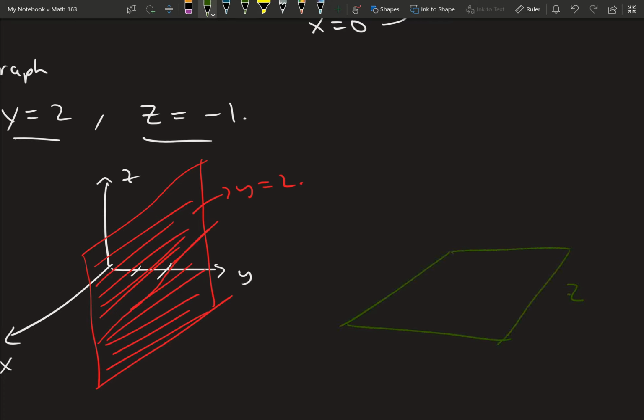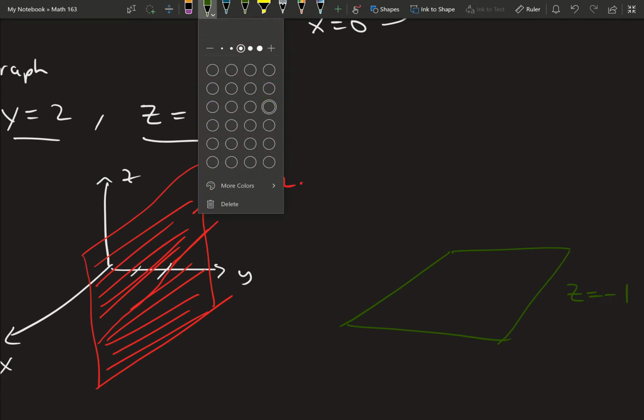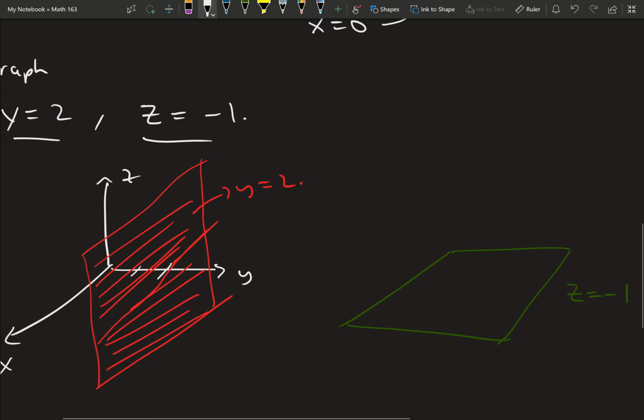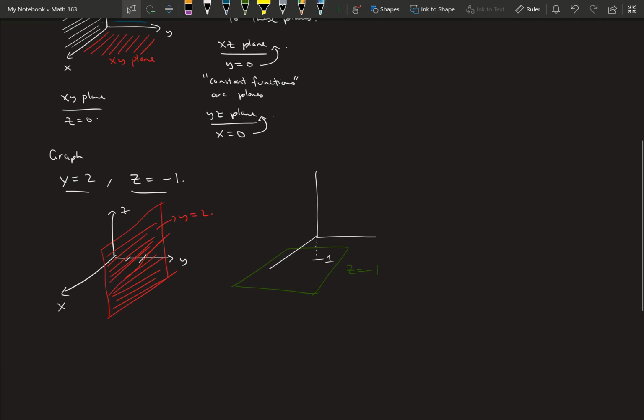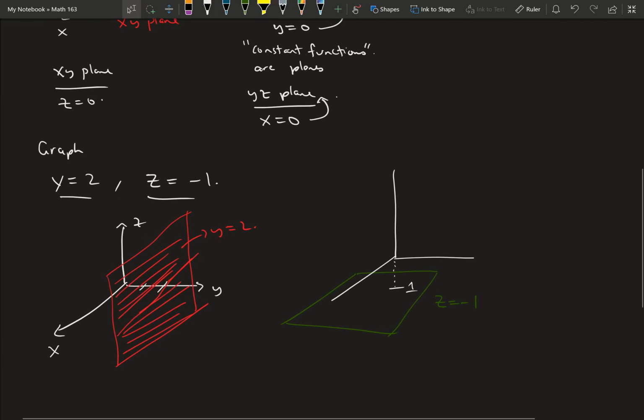So this is the plane z equals -1, where the original axes would probably be sitting somewhere here, and you would travel down by 1 unit to get to the plane z equals -1. Okay. So anytime you have y equals a constant or x equals a constant, z equals a constant, you get planes. And notice, by the way, here, this is parallel